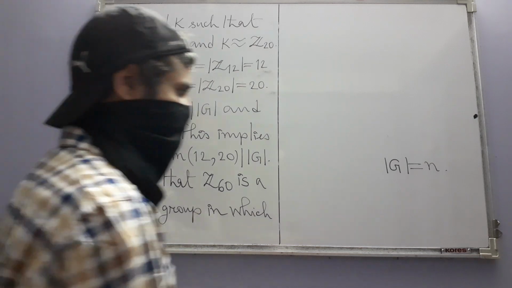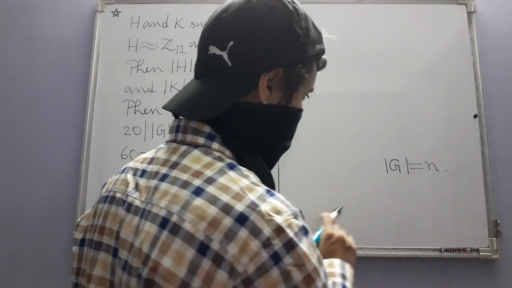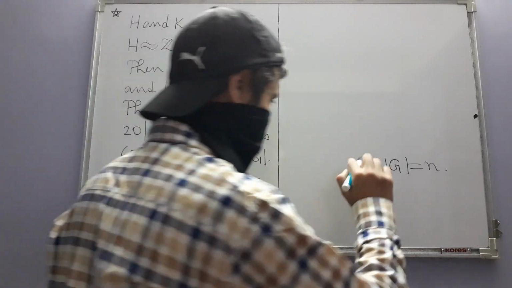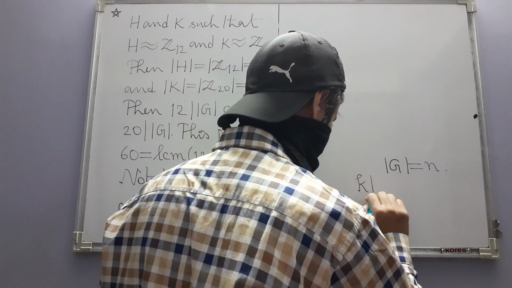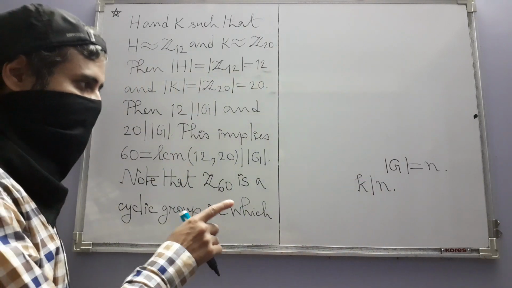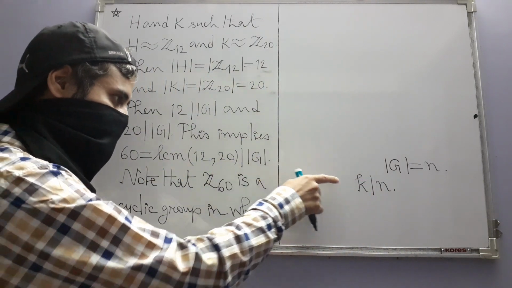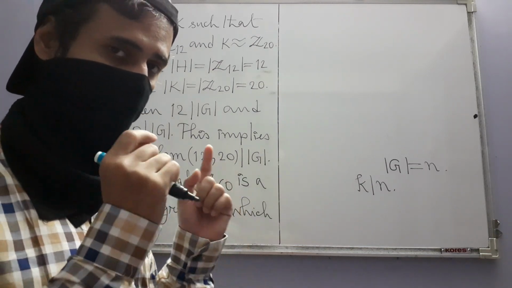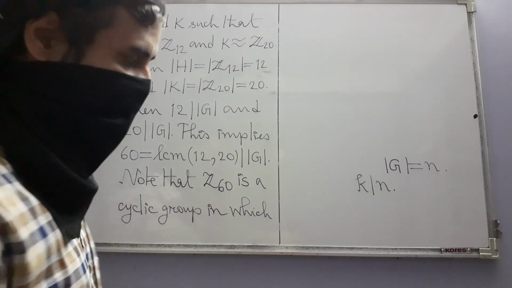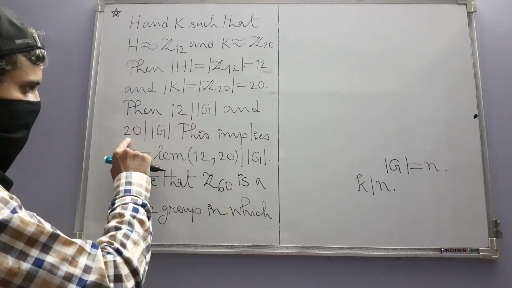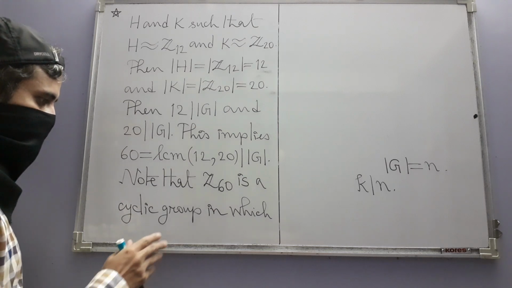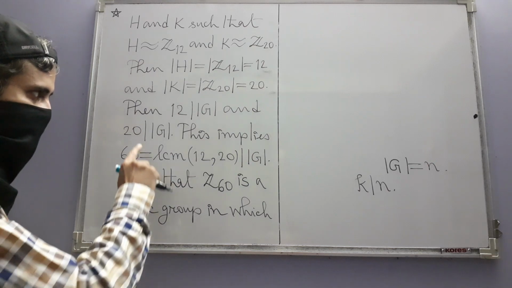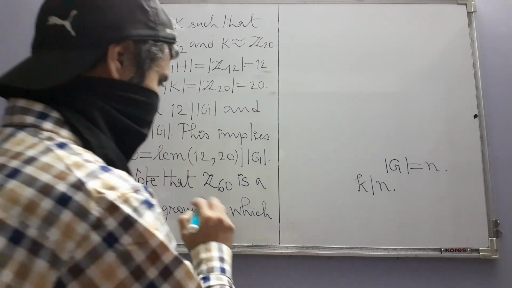Then we know that not only does the order of every subgroup of G have to divide n, but in fact, if K is a positive divisor of n, then there exists a subgroup of G whose order is K, and only one such subgroup exists, it's unique. And since 12 and 20 both divide 60, there are unique subgroups of Z60 having these orders,